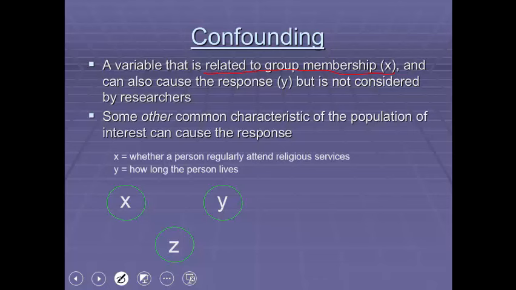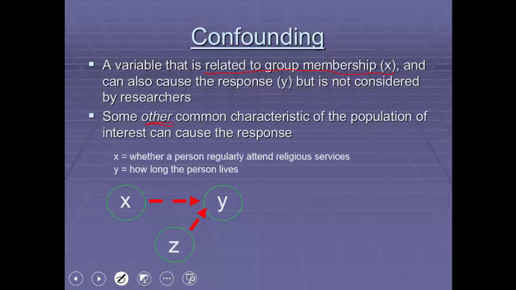Another way to think about this is we have another common characteristic of the population that can end up causing the response. So there's a study done probably back in the 90s about how people that attended church or some type of religious service tended to have a longer lifespan. So the way that confounding works is that you have the situation where we need some type of effect on